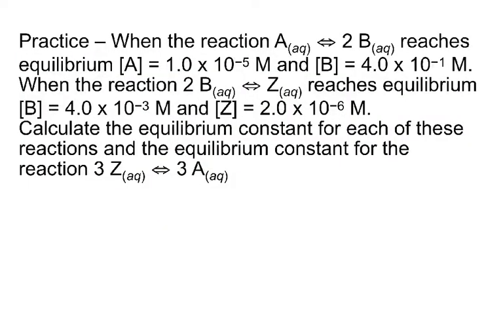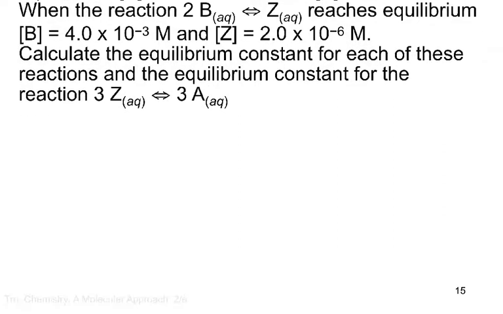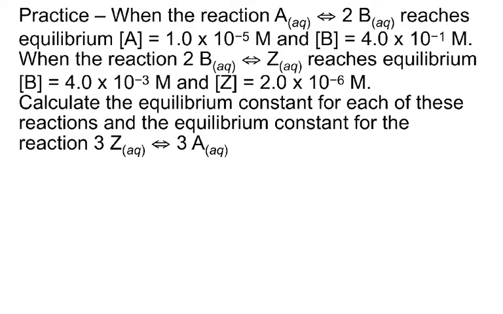All right, another question. When the reaction A in equilibrium with 2B reaches equilibrium, concentration of A is 1 times 10 to the negative 5th molar, B is 4 times 10 to the negative 1st molar. When the reaction 2B in equilibrium with Z reaches equilibrium, B is 4 times 10 to the negative 3rd molar, Z is 2 times 10 to the negative 6th molar. Calculate the equilibrium constant for each of these reactions and the equilibrium constant for the reaction 3Z in equilibrium with 3A. Okay, so our first reaction, our K is going to be the concentration of B squared divided by